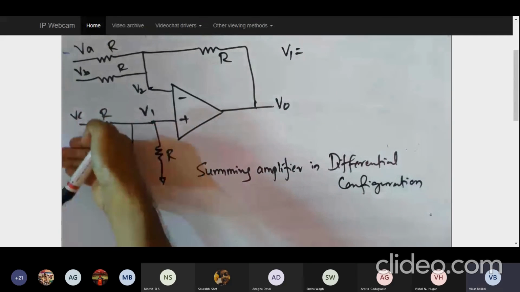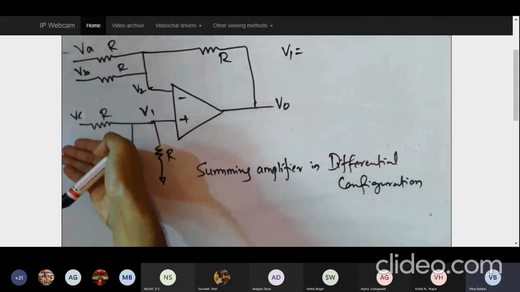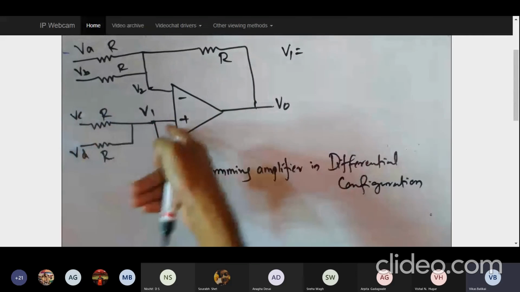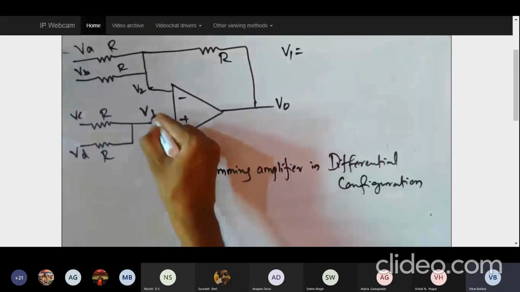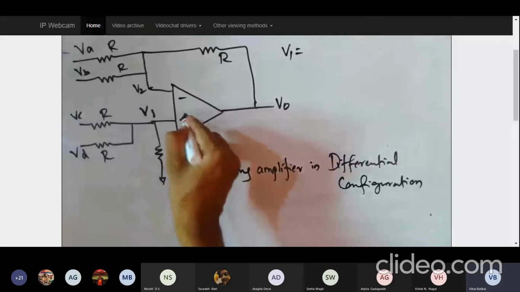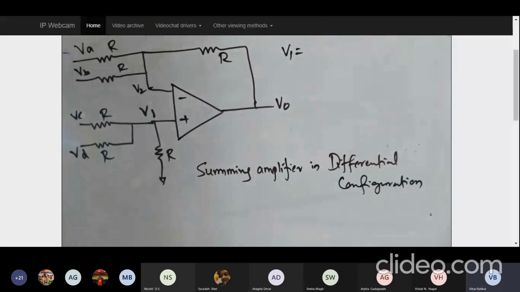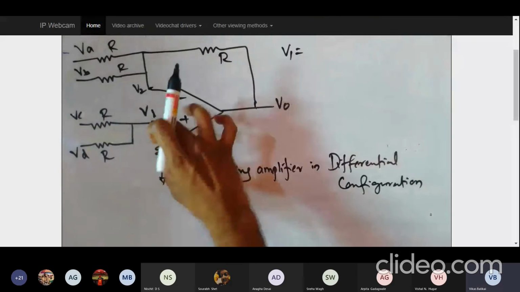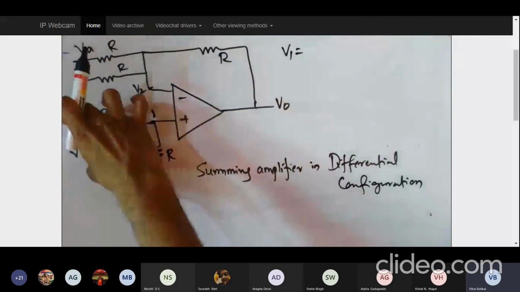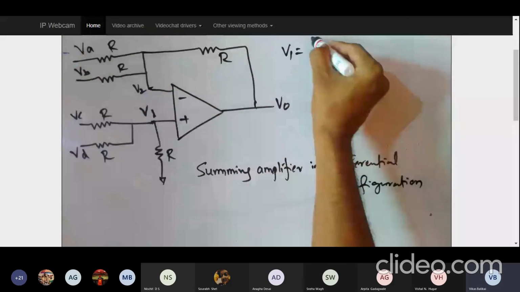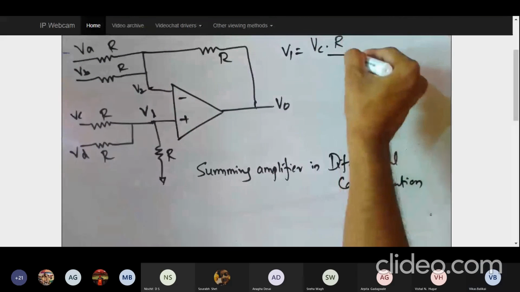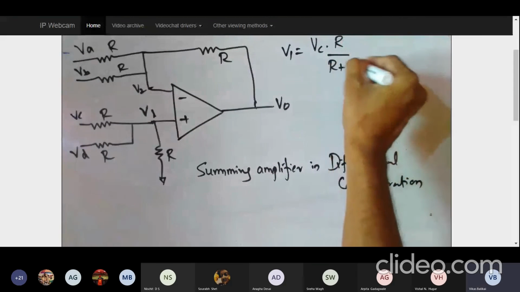So let's assume this is not there. VD illa anta assume mannata. So e voltage nanu illi yakandre ultimately what is the voltage V1 that is entering the op amp, that I should be knowing. So e V1 nanu bekpa antandre illi ಎಷ್ಟು drop ಆಯ್ತು because of VC. So because of VC nanu bekpa antandre VC multiplied by this resistance R divided by R plus R.